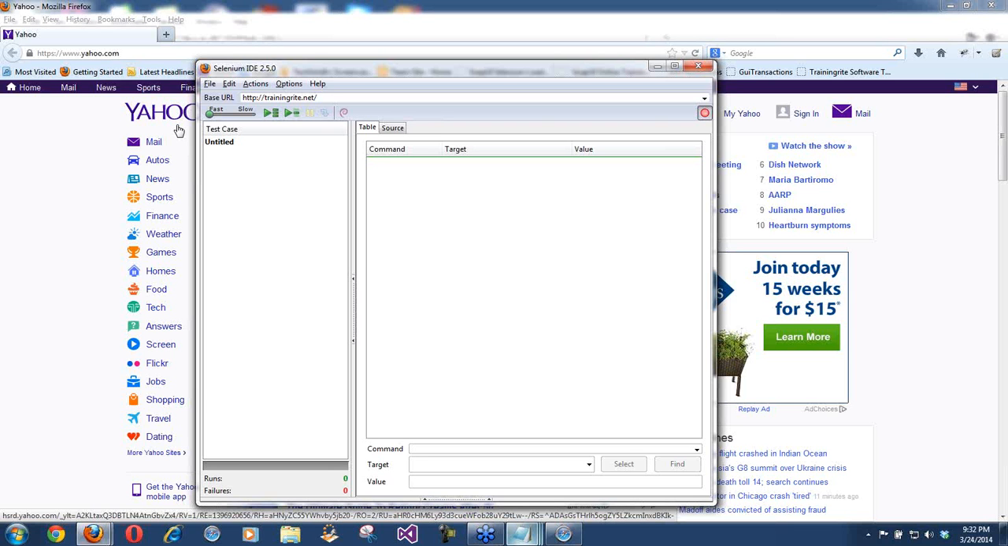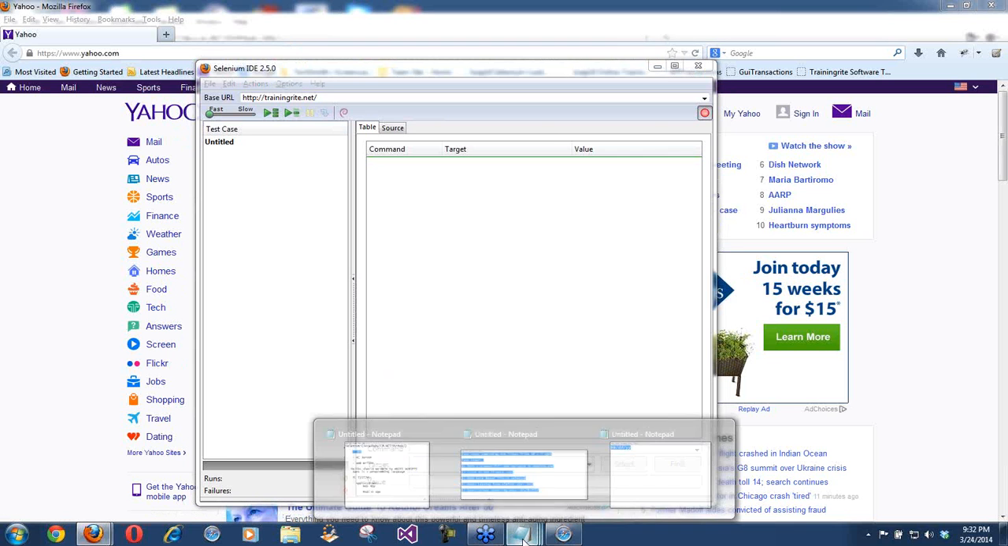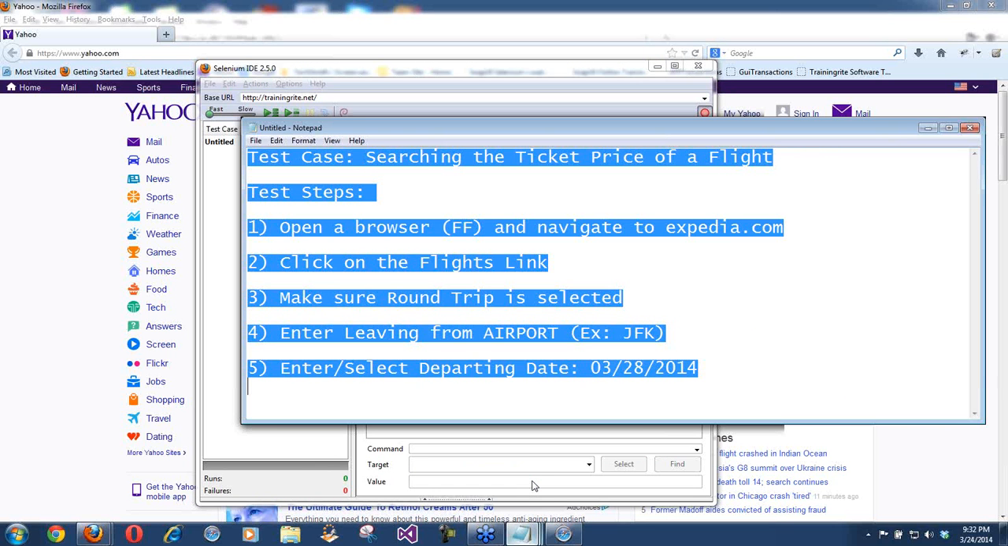Can you show me an example of how to do that? Well, let us bring up a test case. What do you want to test? Well, I want to test that site. We have a test case here, so we want to go and search for the ticket price of that site. So how to do that? This is what I will be doing. So what I will do right now is,